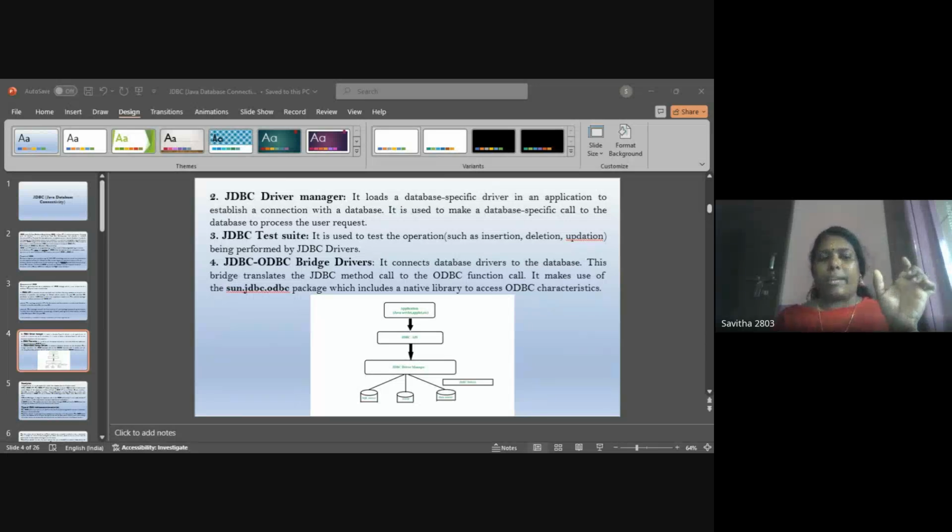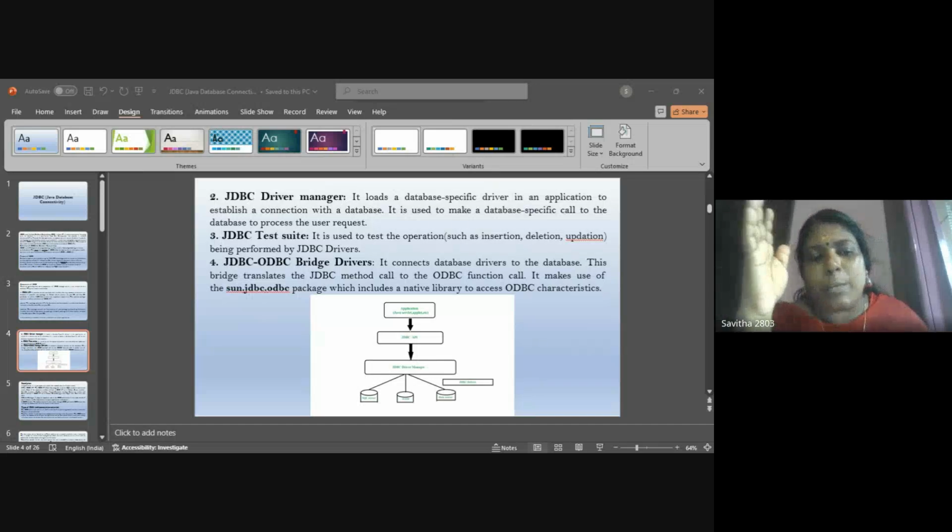The address location, class path location, or JDBC path location is assigned to the URL. Then the username: when we install MySQL server or Oracle, at that time we need to give a username and password.